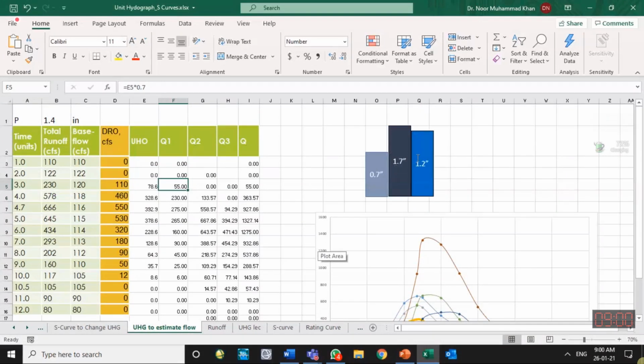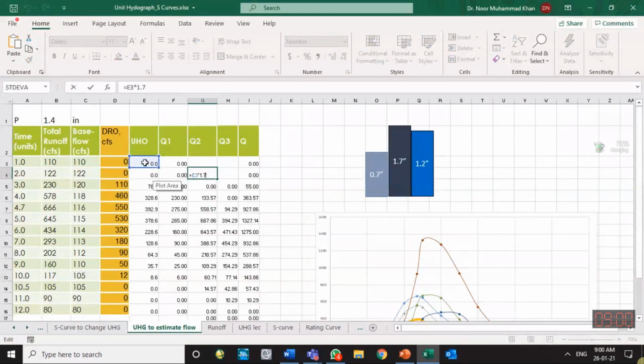After 1.5 hours, the rainfall recorded in the next 1.5 hours was 1.7 inches. See, it has started from the second time step, the second 1.5 hours. So it is not starting from the first time step. So we are multiplying the ordinates of the unit hydrograph with 1.7, but putting it over here with a lag of 1.5 hours. We are using these unit hydrograph ordinates, but putting them in the next time step.